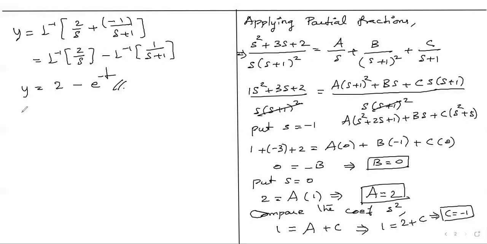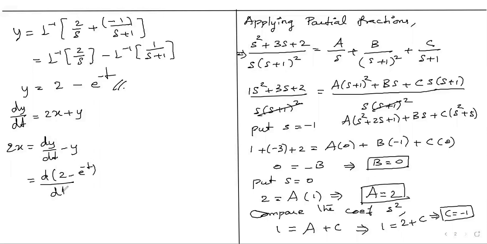You have to find the value of x because the solution is asked. So dy by dt. This is the second equation they have given in the question. Just I am taking it, and 2x is there. See, it is the easiest question compared with the first and second equation from the given question. This is the easiest one. So 2x equals dy over dt minus y. This y, when going to the other side, becomes negative y. Here we know the value of y. We have found here. Just apply here 2 minus e to the power minus t.